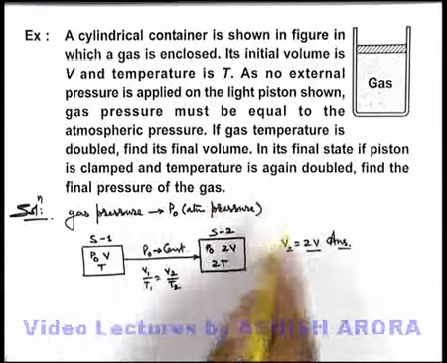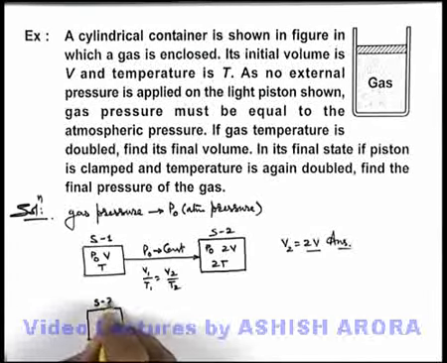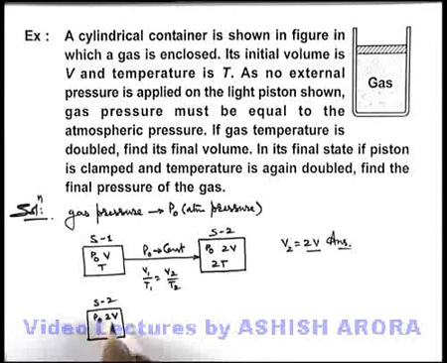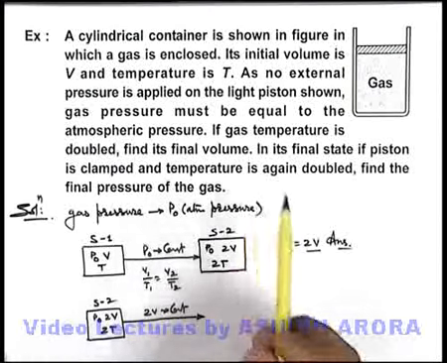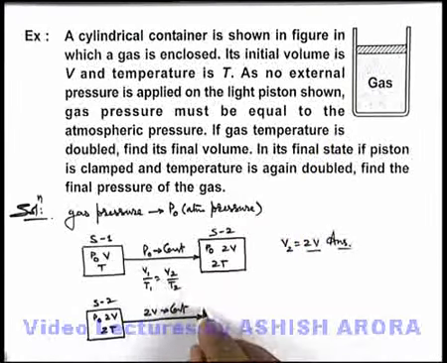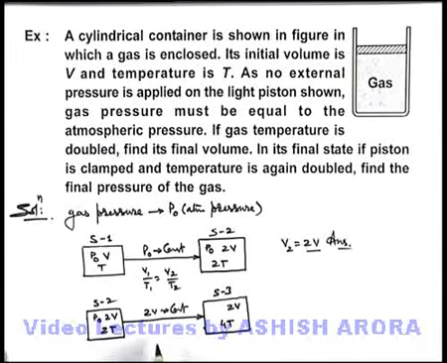And again the temperature is doubled. That means this is state 2, where pressure was P0, volume is 2V and temperature is 2T. Now if the piston is clamped, that means this volume 2V is kept constant. After clamping the piston, volume is not allowed to change. And in the next state, say state 3, volume will be 2V and temperature is further doubled, that means changes to 4T. We are required to find the final pressure, so from state 2 to state 3 we can use